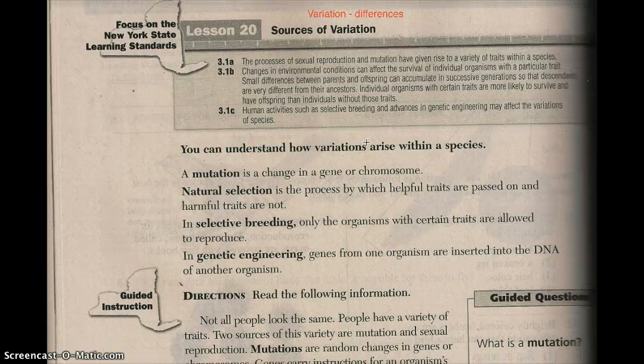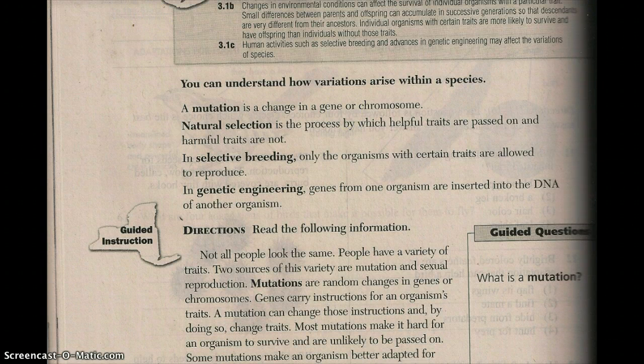The I can statement is you can understand how variations arise in a species. You can understand how differences come about in living things, is another way to say it. So let's get down to vocabulary. And the four big words that are talked about a lot in this reading are mutation, natural selection, selective breeding,